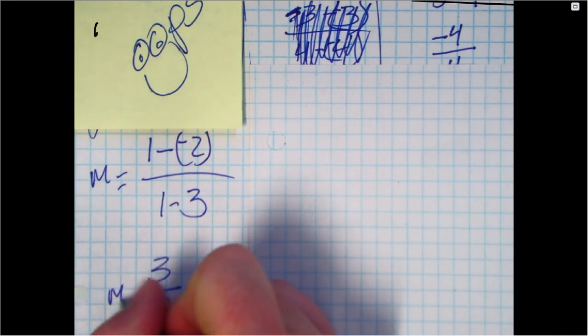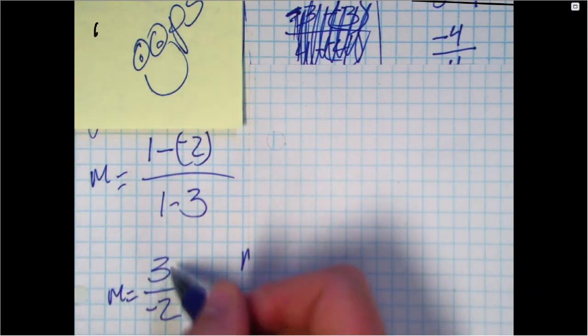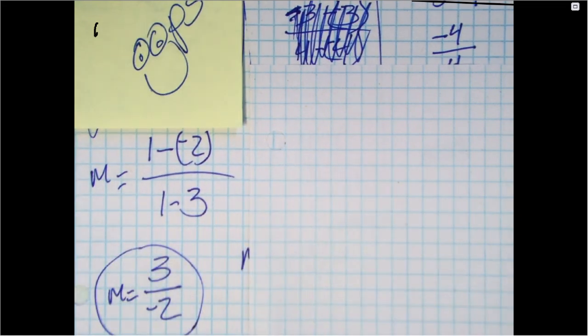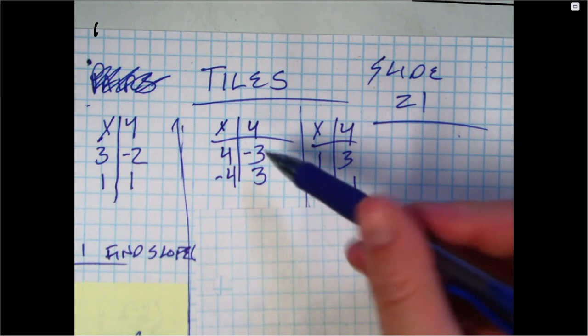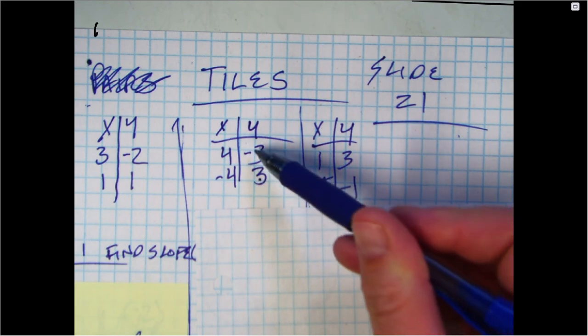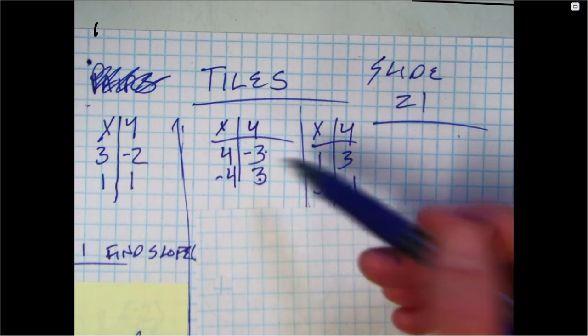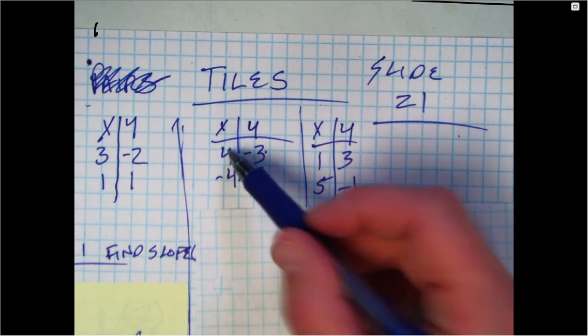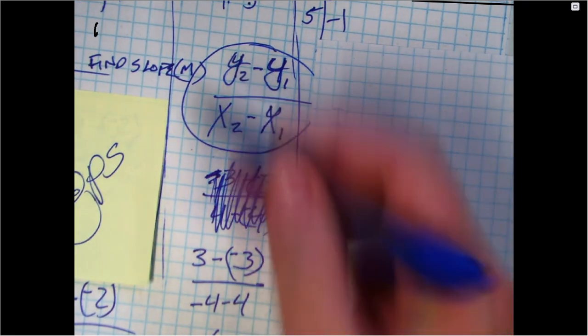So we now know that the slope is 3 over -2. I'm just going to hold on to that information for a second while I come up here and do the second one. Again, y2 minus y1 over x2 minus x1. And I tried to keep them in a line here. So we've got